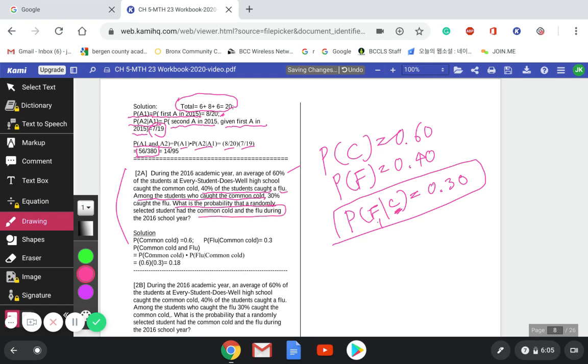So they are looking for the probability of common cold and flu. Now you can use the formula, since the probability of a flu given cold is there already at 0.3,